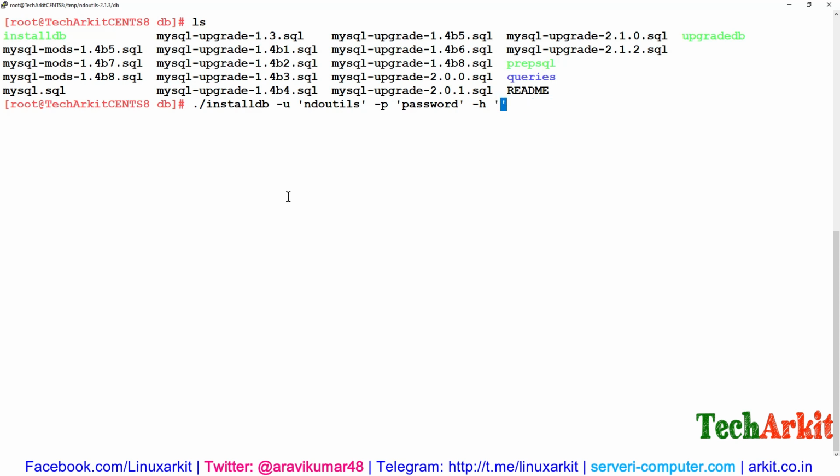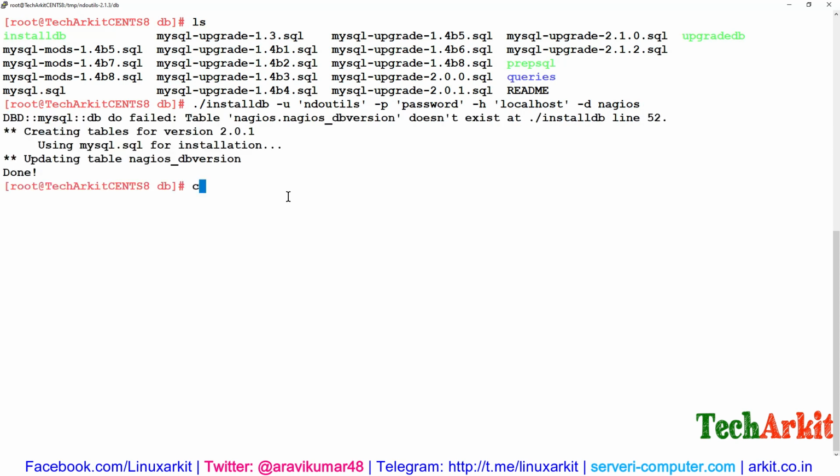You can provide it in single quotes or normal quotes, that works, and database name which is Nagios, and the database has been updated with the tables which were there. Then now run make install